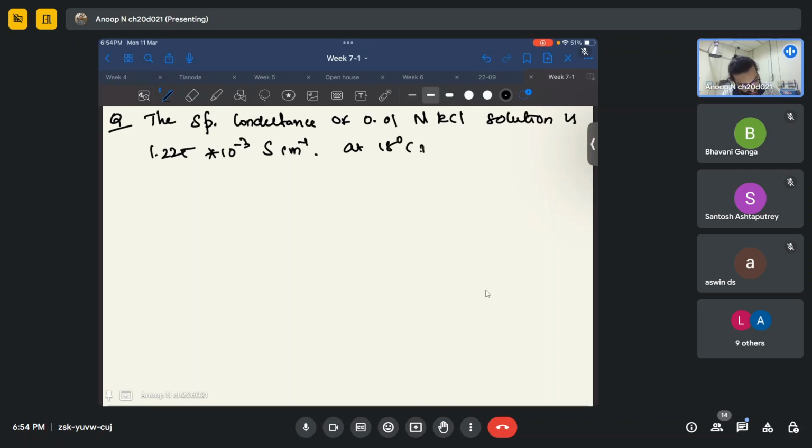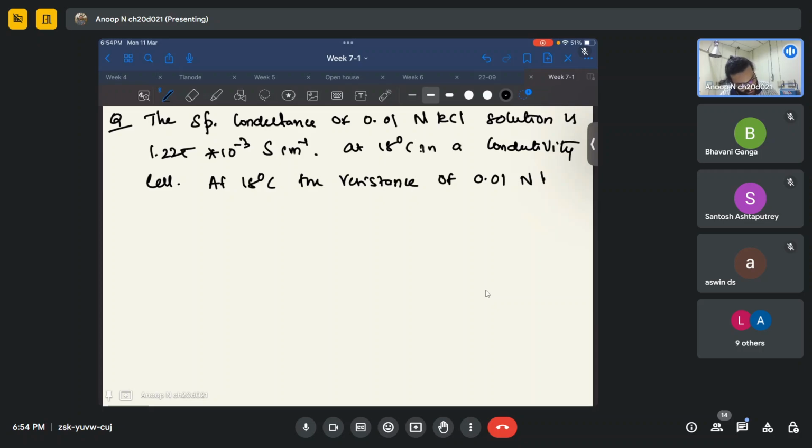In a conductivity cell at 18 degrees centigrade, the resistance of 0.01 normal KCl solution is found to be 145 ohms,